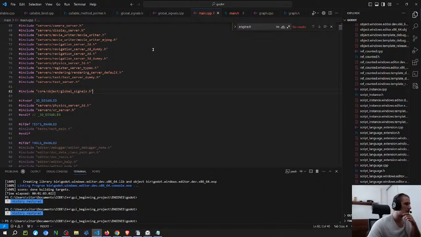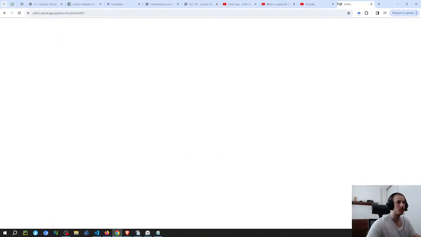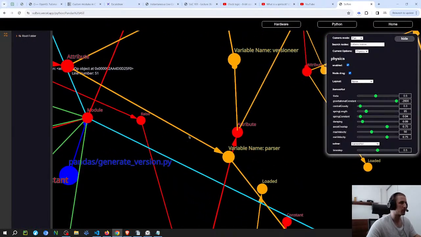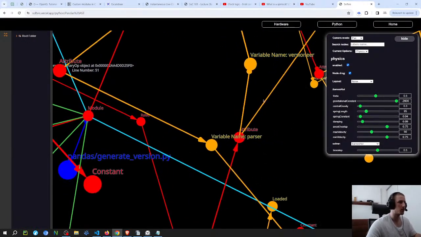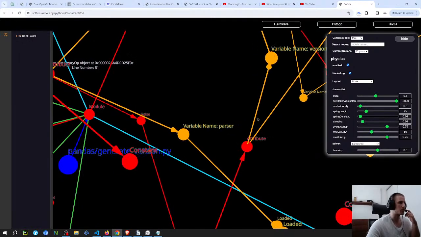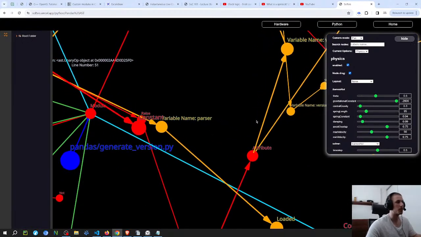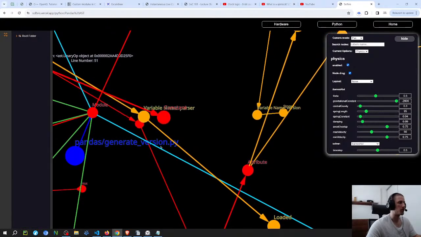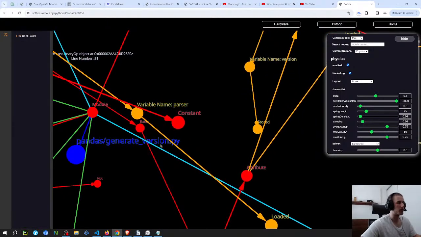No, I was building something for the, I was trying to build a graph visualization. Basically, this thing here. I built this thing on the front end to visualize the nodes of the abstract syntax tree from a simple Python file. And I think it's just a part of the Python file.